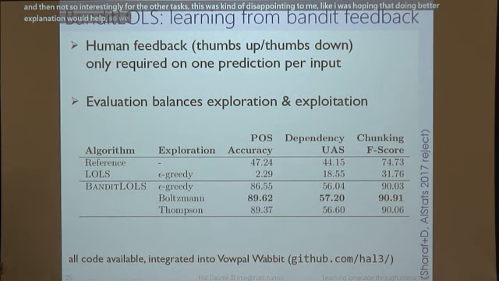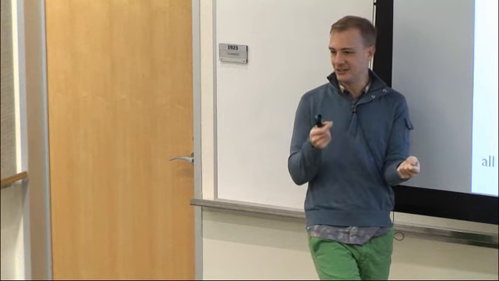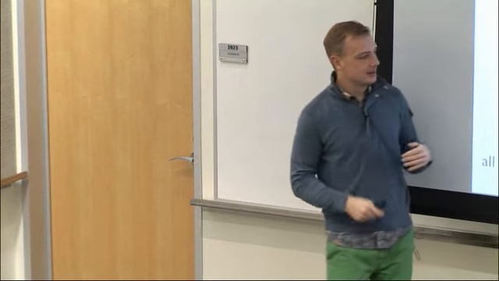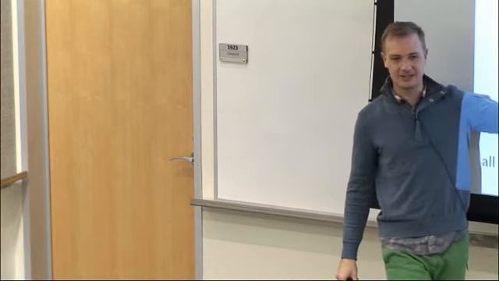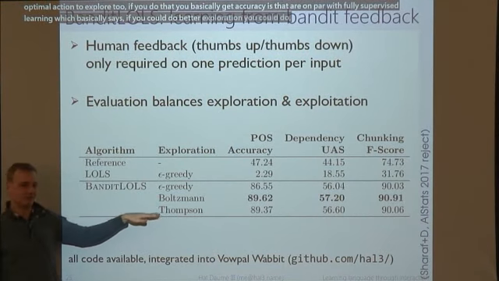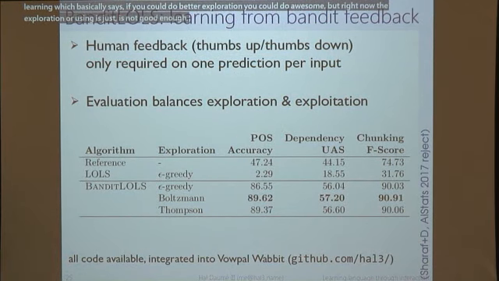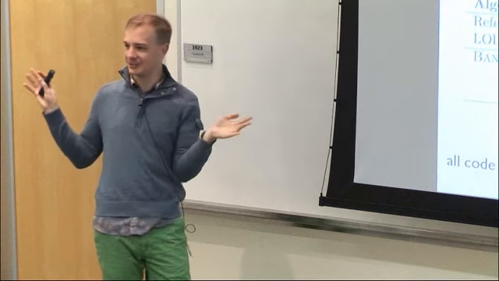So we tried an experiment where we did what I'll call optimal exploration. Because this is simulated on labeled data, every time the model chooses to explore, we could simply have it choose the optimal action to explore to. If you do that, you basically get accuracies that are on par with fully supervised learning, which basically says if you could do better exploration, you could do awesome. But right now, the exploration we're using is not good enough. I don't know how to fix this, but if you have good ideas for doing exploration, please tell me, and then we'll solve all the world's problems.